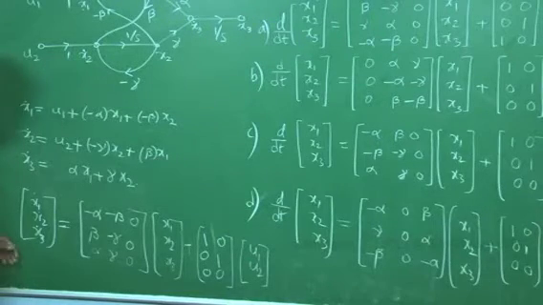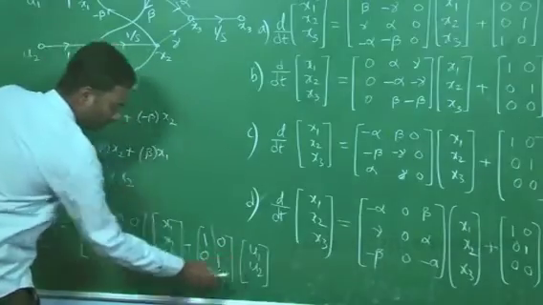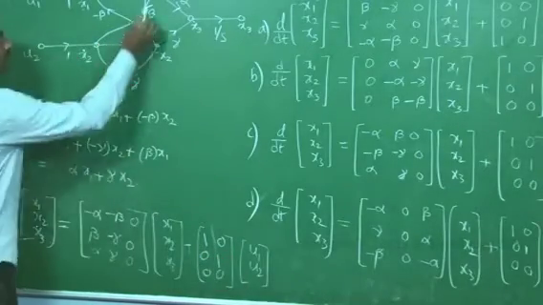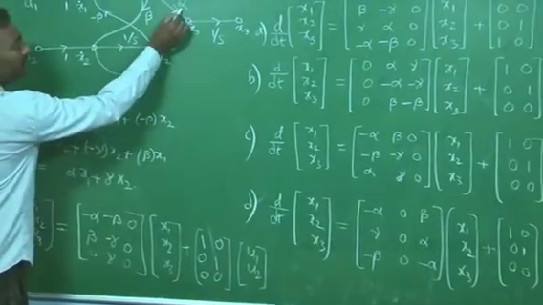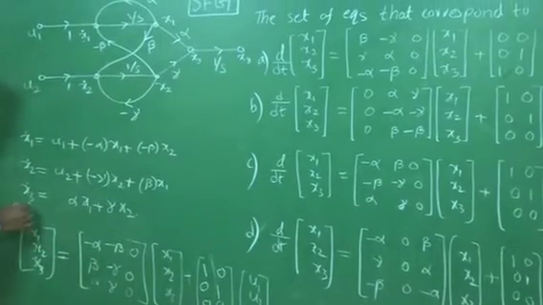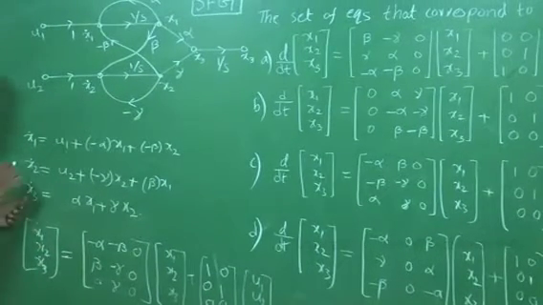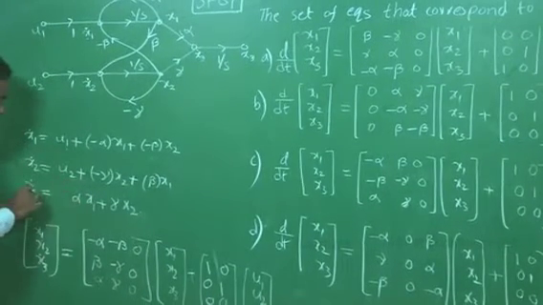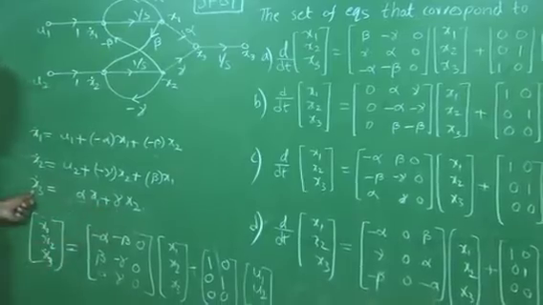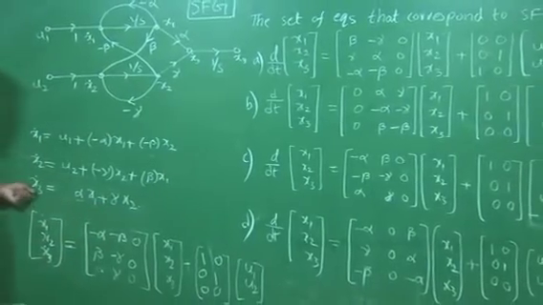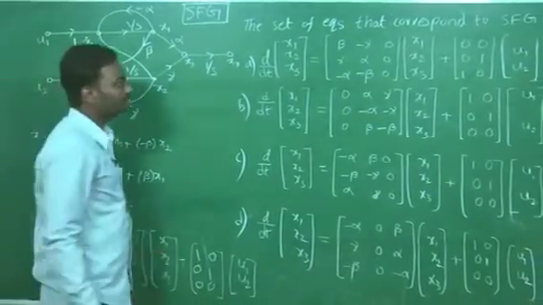From the obtained answer, we can see that this x3 dot is not related to u1 and u2, so it is related only to x1 and x2 with gains alpha and gamma. So whatever branch doesn't have a relation to the inputs will have only gains alpha and gamma. With this property, let us choose the right answer.